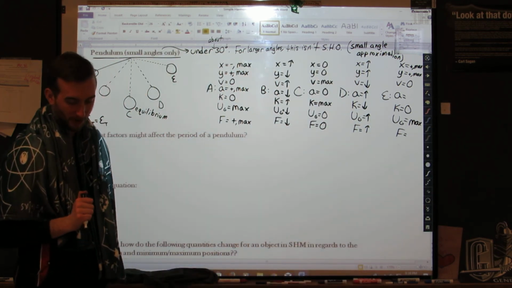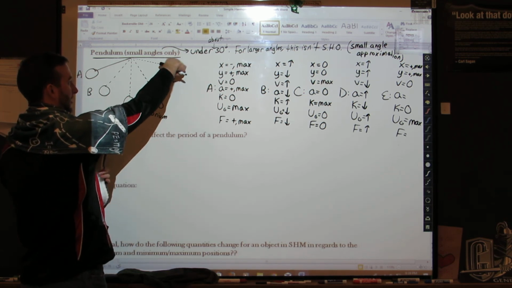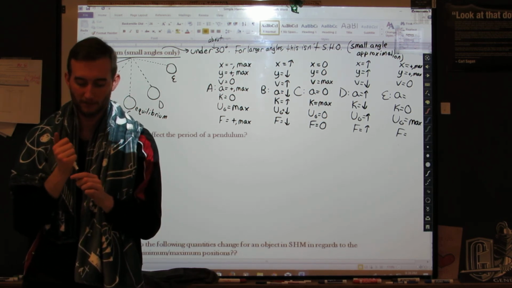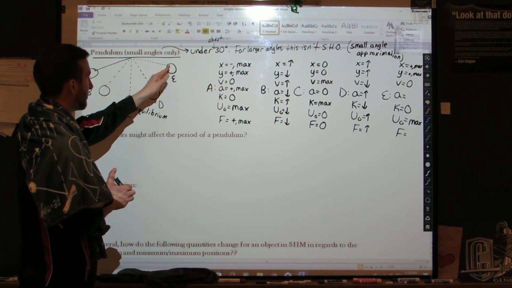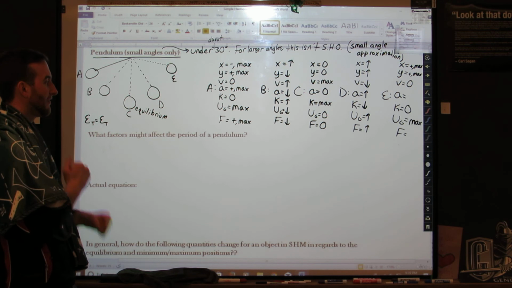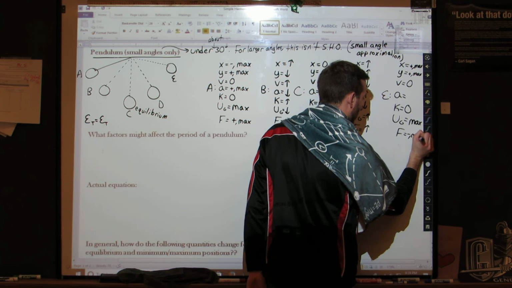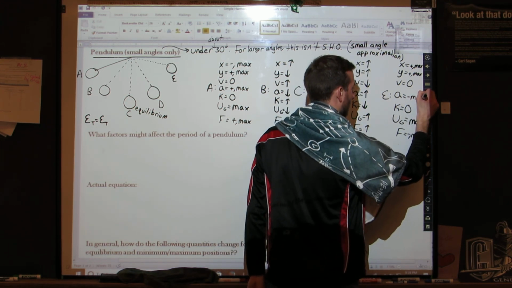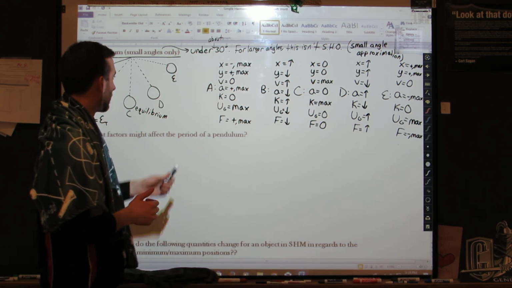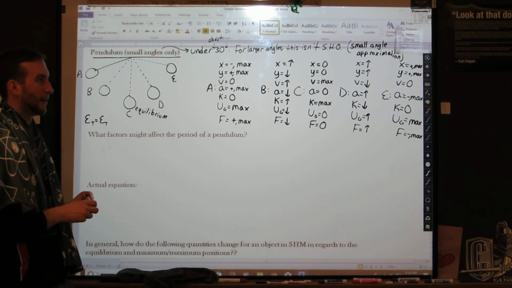Finally, acceleration and restoring force. The restoring force, the component of the force of gravity perpendicular to the tension in the string, is pulling the pendulum bob back down this way. It's going to be very strong here, and it's going to pull in the negative x direction. So for the force, I'm going to write down negative max, same thing for the acceleration, negative and a maximum. This is where the object has a maximum acceleration, a maximum restoring force that pulls it back towards equilibrium. On the way back down,